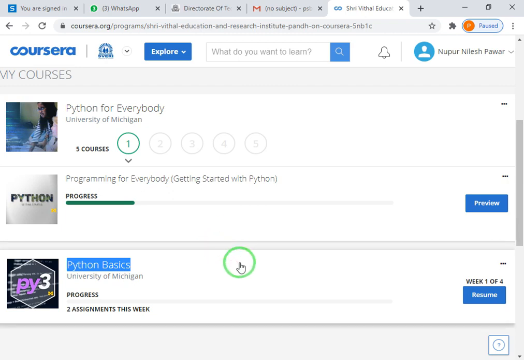And these courses are very important for your certification under the institute, because these are standard courses and these are provided by international universities, right?